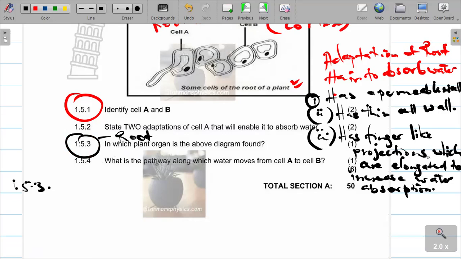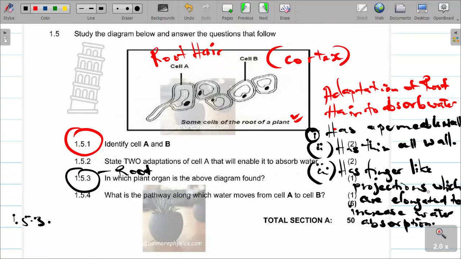And then what is the pathway along which water moves from cell A to B? The pathway through which water moves from A to B. From A to B, as you can see, these are connected, or they are just interconnected, which you shall see that they also have some spaces that they have. I want you to note that